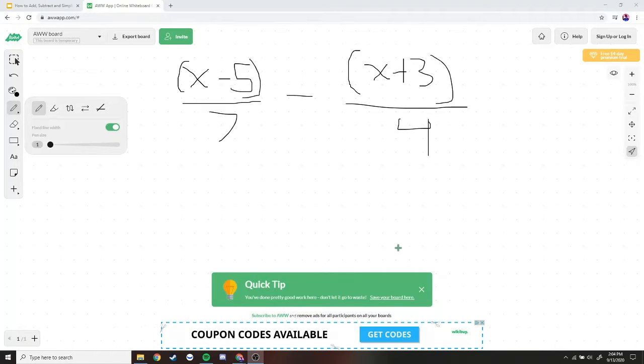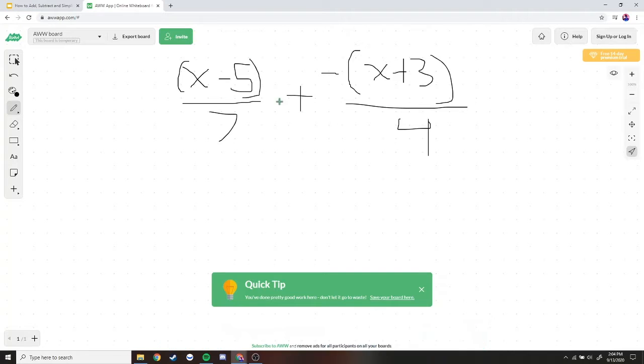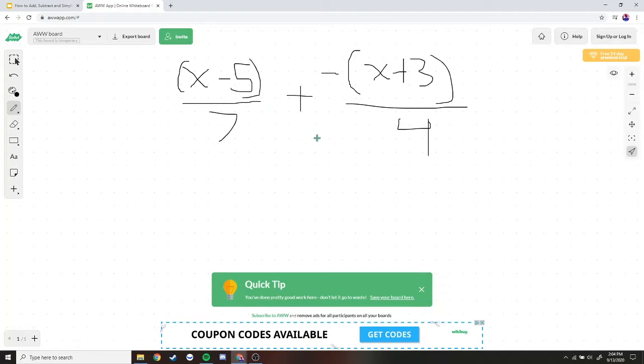All right, so next we're going to subtract rational functions. So here we have x minus 5 over 7 minus x plus 3 over 4. What I like to do is make this a positive sign and then change this to a negative sign. It's basically the same thing. Now we want to find a common denominator between 7 and 4. So 7 times 4 is 28. So we're going to get 28